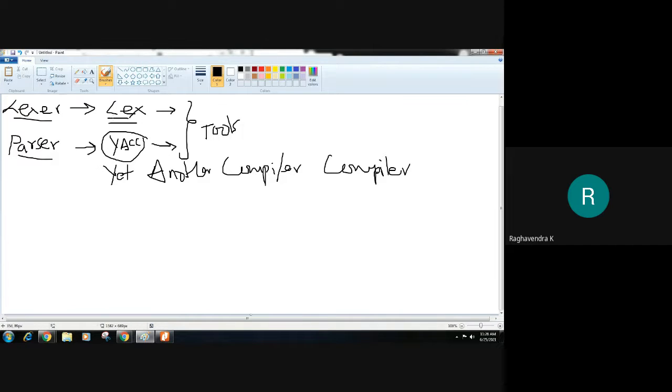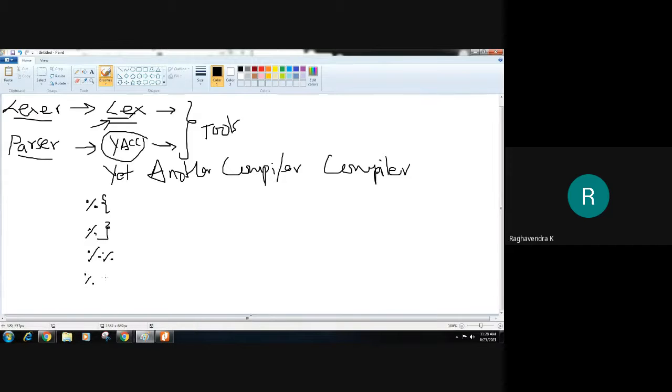It is almost similar to your Lex program. If you had understood the concept of Lex, we know that the Lex program contains three sections, right? We have the declaration section that is defined inside this symbol. Separating the first section from the second section is a double percent.